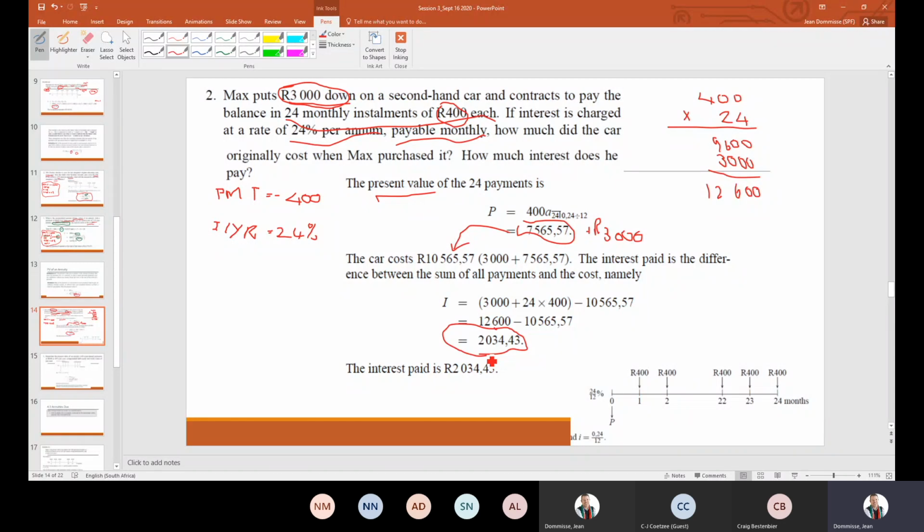So again, this is just another way to show how to work out the present value, and I think that is important. So the difference between the present value and the future value calculation is basically that